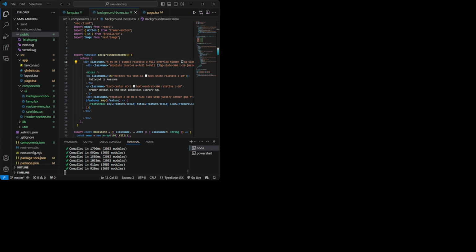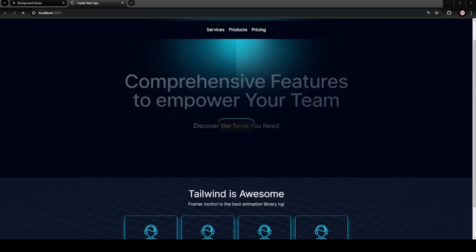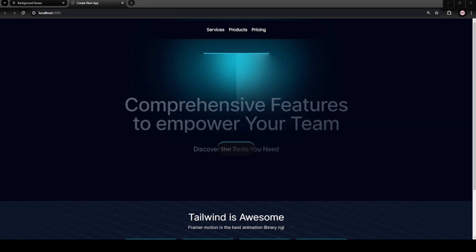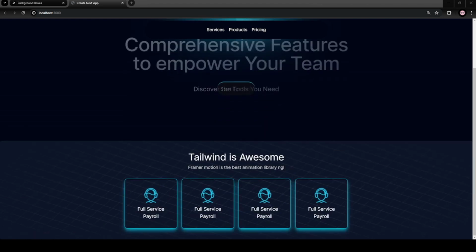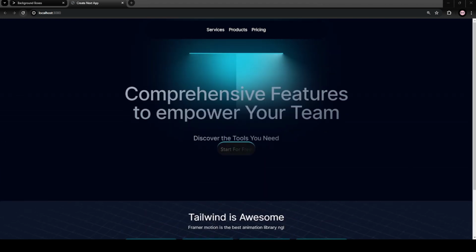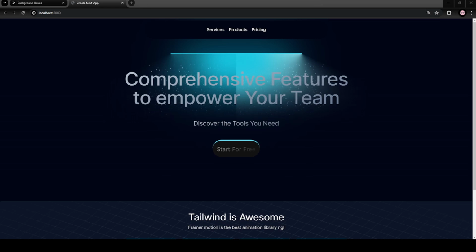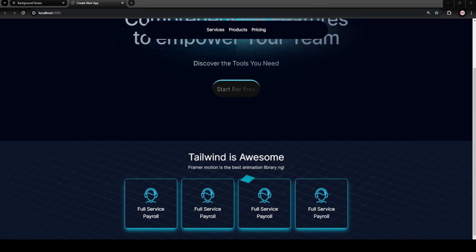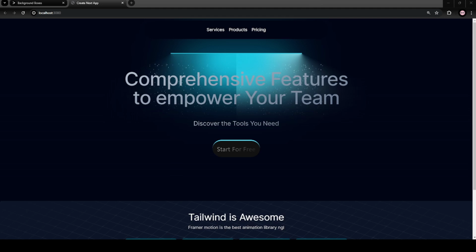If I show you my page, here I can see the distance between the button and my second component is actually very less.